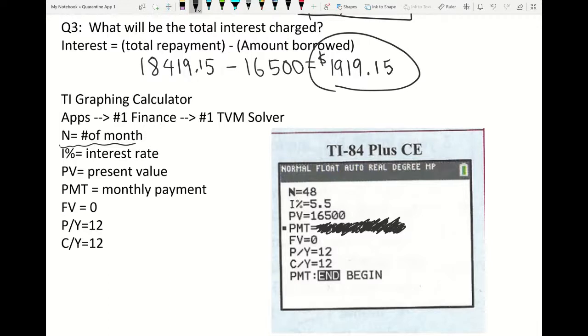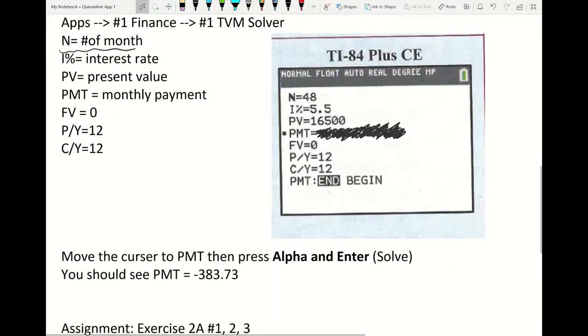And then the last part is, I want you to move the cursor over to PMT, and then press alpha and enter. The alpha button is right below the second, on the upper left corner of it. So alpha, enter, and then you should see this number, negative